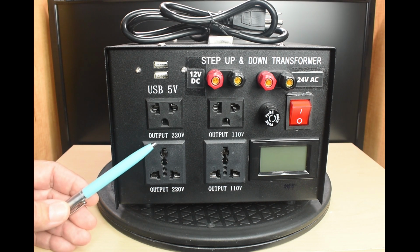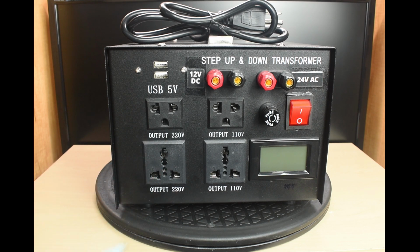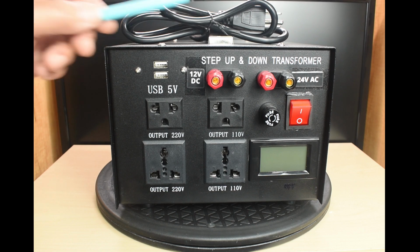Even though you could take a 110 input or a 220 volt input, I'm only going to be using this one with a 110 volt input. There's a switch on the back that allows you to change between the two inputs, but the cord right here